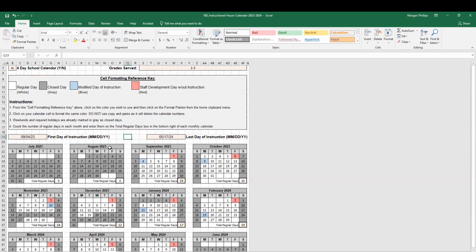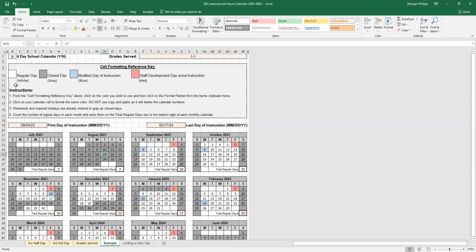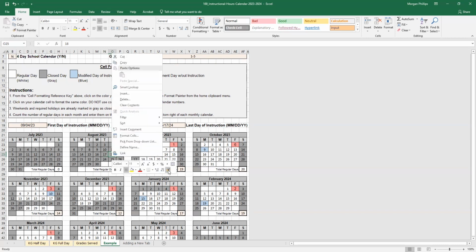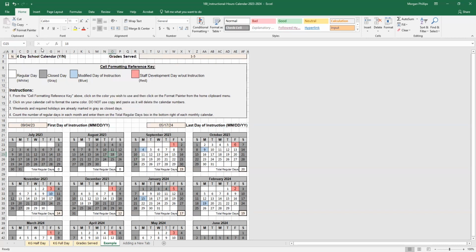So for starters, one thing that you'll want to know, and there's some instructions here as well if you need them, but make sure that you're using the format painter up here in this top left. The best way that I like to do it is using this. You could also right click and use the formatter here. But the perk of doing it up here is if you single click on it, let's say I want to duplicate what the 18th of August looks like to another list, I can highlight and it'll drop the formatting so then I can carry on clicking and it's not going to do anything.